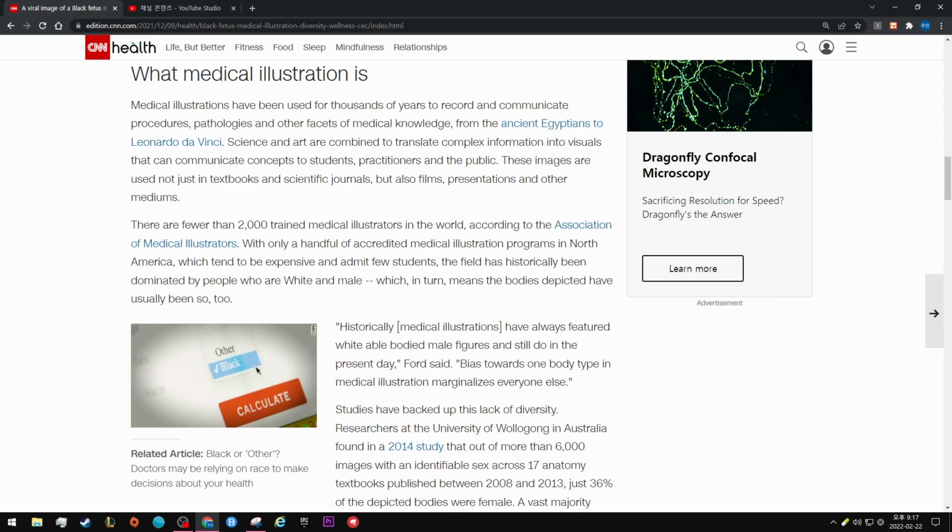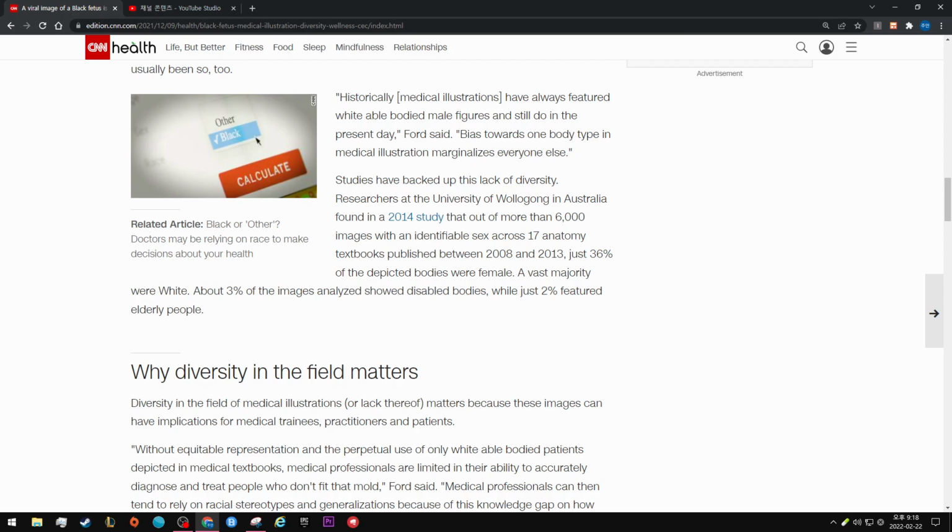There are fewer than 2,000 trained medical illustrators in the world, according to the Association of Medical Illustrators, with only a handful of accredited medical illustration programs in North America, which tend to be expensive and admit few students. The field has historically been dominated by people who are white and male, which in turn means the bodies depicted have usually been so too. "Historically, medical illustrations have always featured the white, able-bodied male figure, and still do in the present day,"